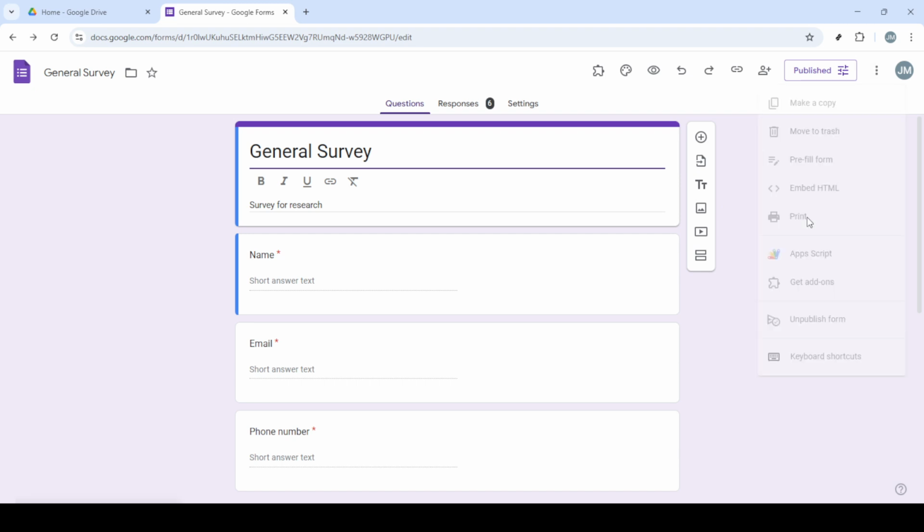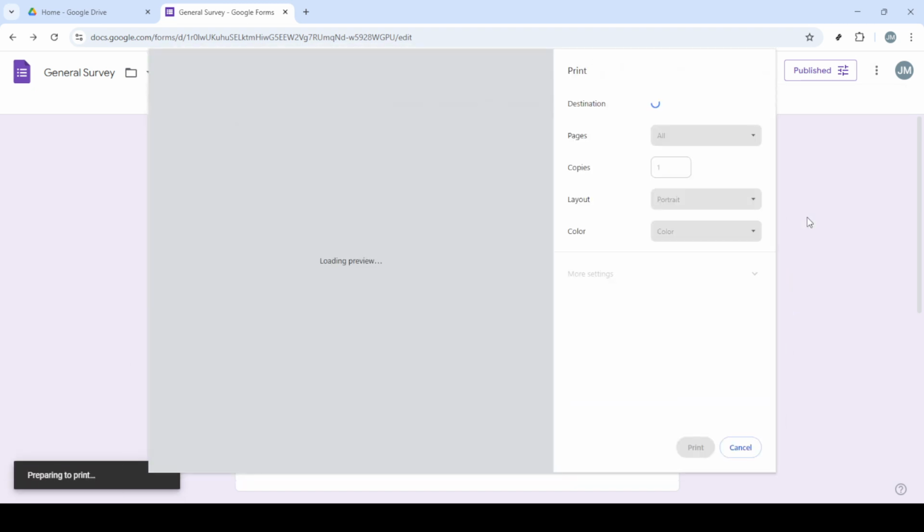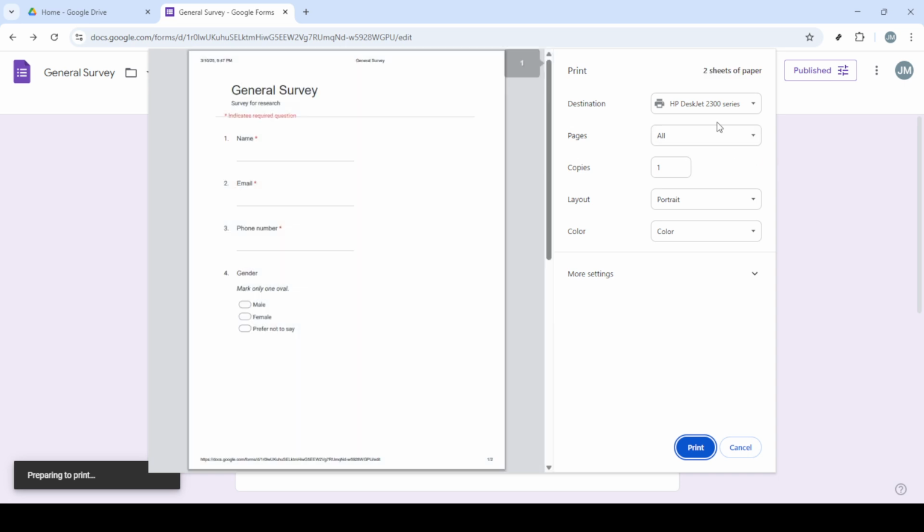Once you're in Google Forms, you'll see a list of all the forms that you've created. Click on the specific form for which you want to print the responses. This will open the form, and at the top you'll notice several tabs including questions, responses, and more. To proceed, you'll need to focus on the Responses tab, as this is where the collected data and the summary